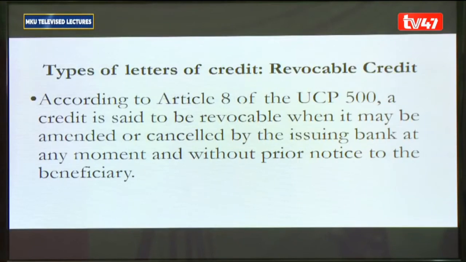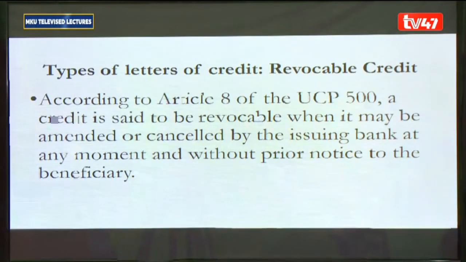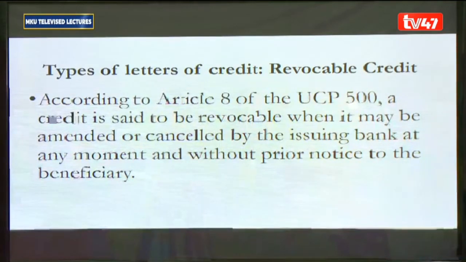Now, we have a number of letters of credit. The first one is revocable. It's found under Article 8 of the UCP 500, and a credit is said to be revocable when it may be amended or cancelled by the issuing bank at any moment and without prior notice to the beneficiary. It can be amended or cancelled at any moment without any notice. The bank can just